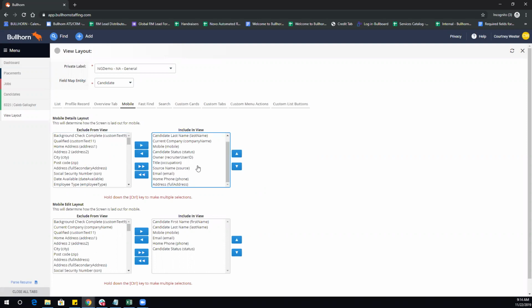Or maybe within here we really don't care to see source name because we're working from our phone, we're moving around, and we don't necessarily need to see that today. So we can just select source name and move that to the left, and that way we're moving that